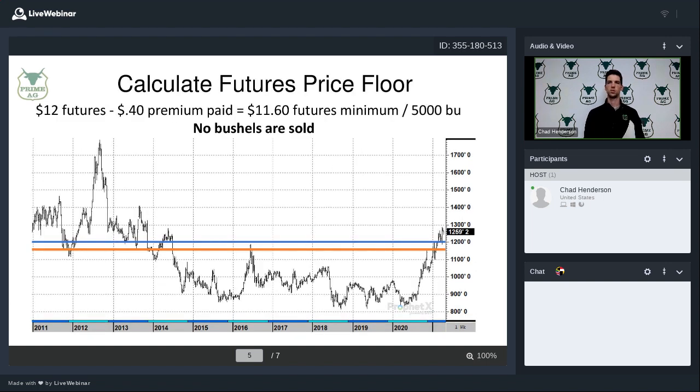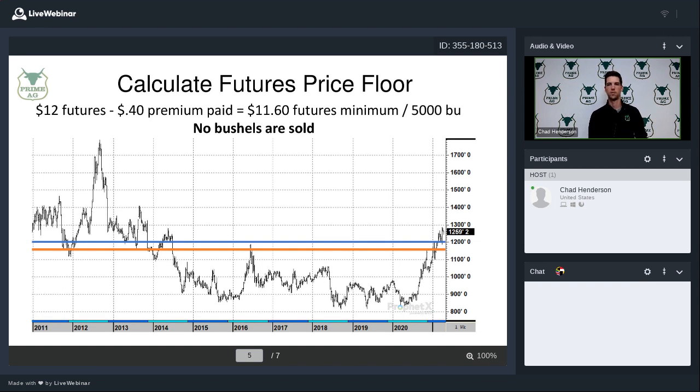Like I said, it's a fixed risk position, so we should calculate what our minimum price floor is going to be. You take your $12 futures put, you spent 40 cents on that, and you're going to end up with an 11.60 futures minimum per 5,000 bushels. Keep in mind, no bushels are sold. So this basically works as a deferred decision. Instead of selling bushels today, you're opting to give these markets more time and make a decision at a later date. Again, the blue line is your $12 put. Your orange line here is at around 11.60. That's what your net price is going to be, and what we would call a worst case scenario, meaning the prices from here break